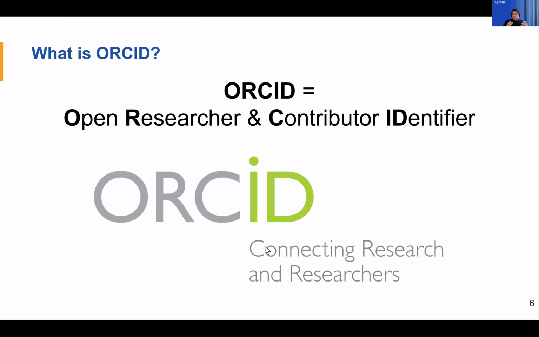So ORCID stands for Open Researcher and Contributor Identifier. The key part here is that it is open, so freely available to everyone. But also we want to make sure that you are thinking about that it's researchers and contributors. So it's not necessarily that you have to be a researcher, but it could be anyone really that's part of that process of research, or just part of the entire ecosystem of scholarly communication, for example, even publishers, students, all of those people are basically contributors in this field.